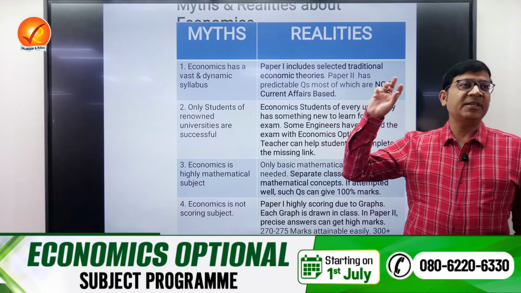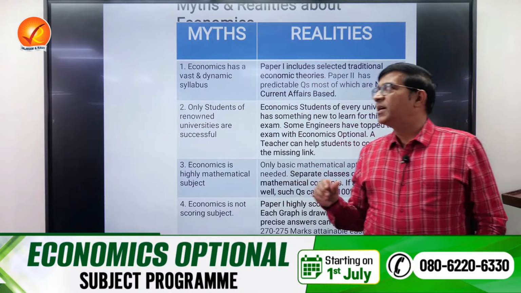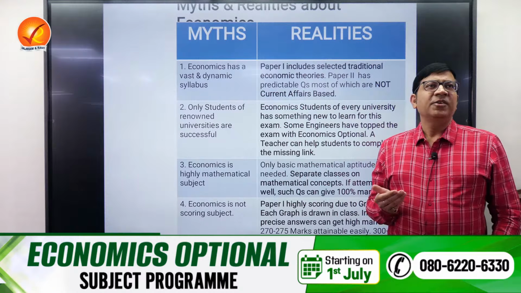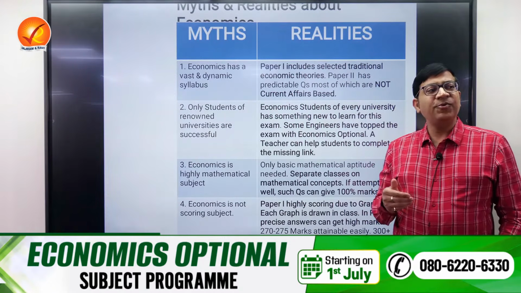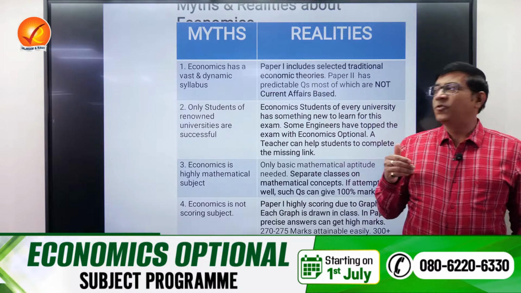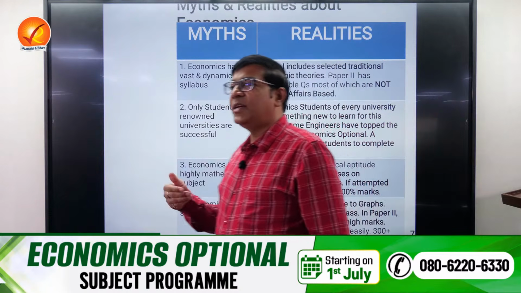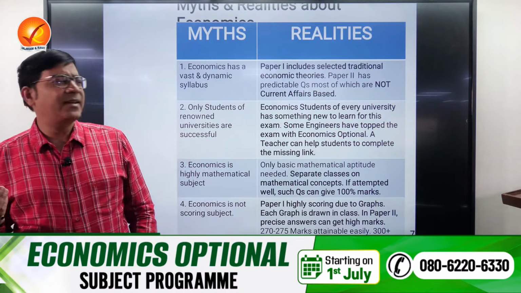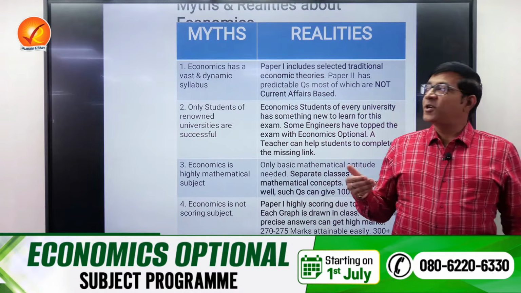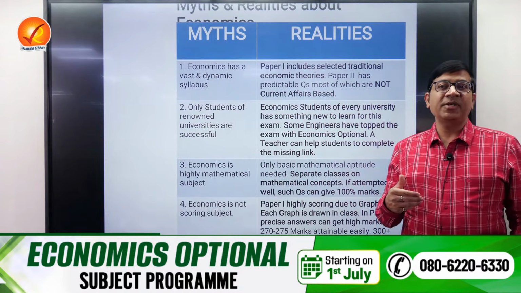Even if the syllabus is vast, most of the optional syllabus is relatively vast. So if you are just trying to select something which is very less in syllabus, you will be finding hardly 2 or 3 optional subjects out there. I won't name them, I shouldn't. But then again, if you are not having interest in that, what's the point?